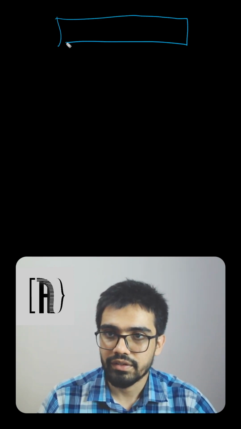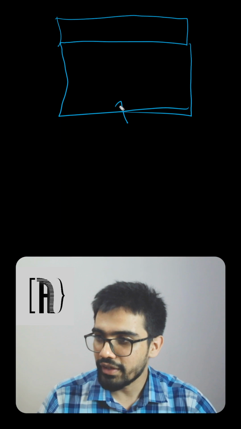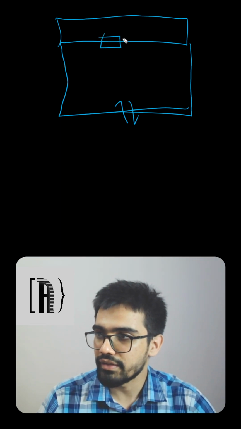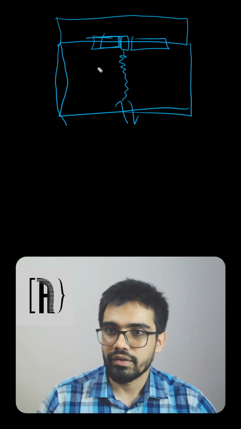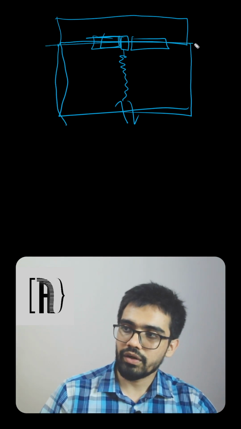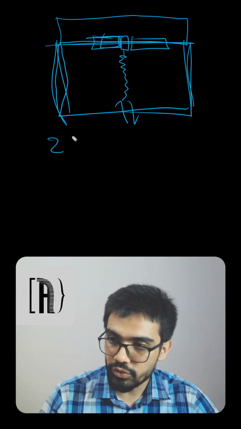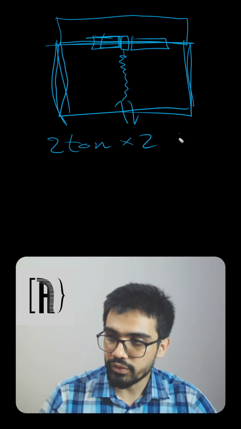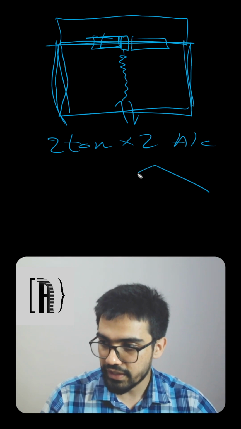I'll do this again. I'll make the balcony first, and then I'll make the living room. We've got the entrance. This got the balcony. There is a column, and then there is the entrance. We've got a curtain over here. Now, we've got several options. We need two ACs of 2 ton each, 2 ton into 2 ACs. That's the requirement. But if you put this typical AC, which looks like this,